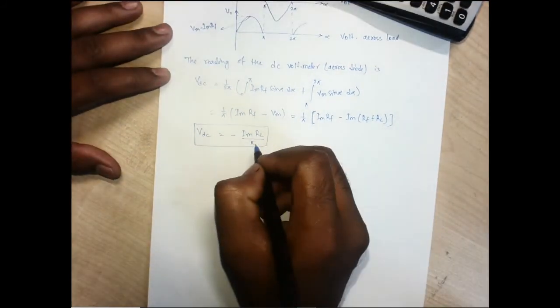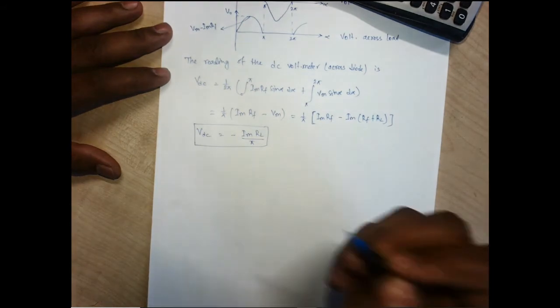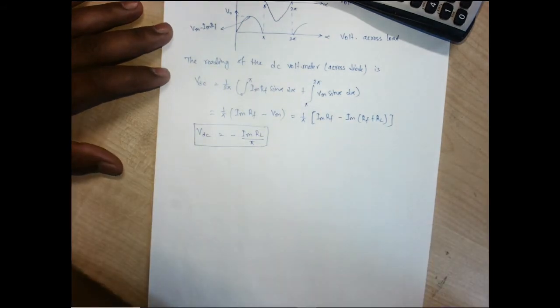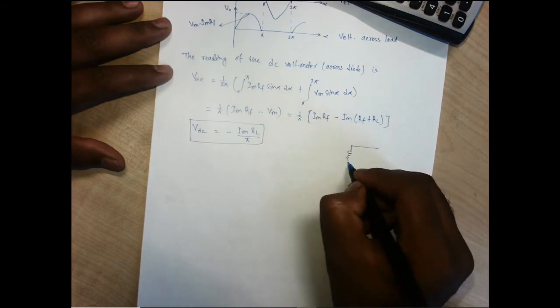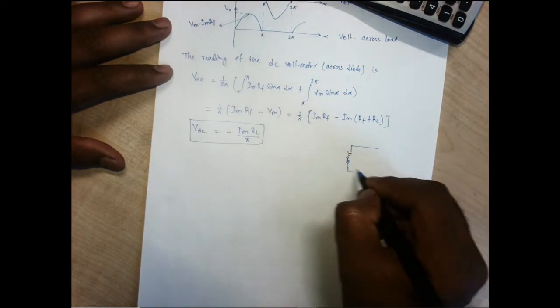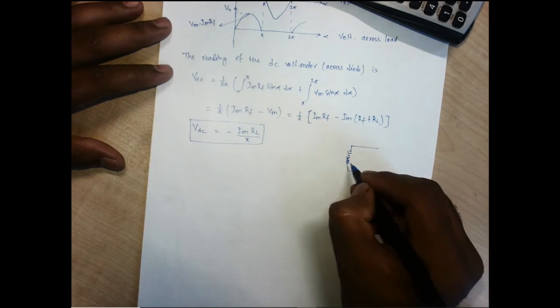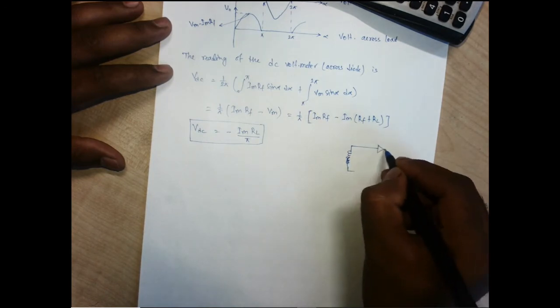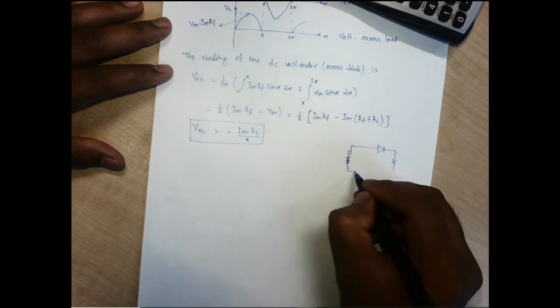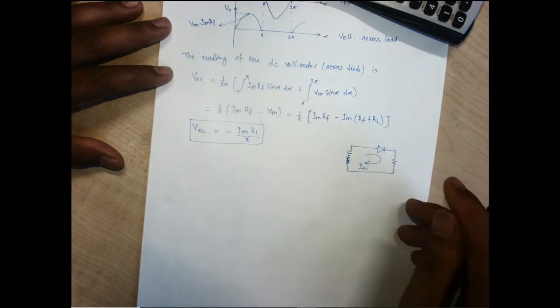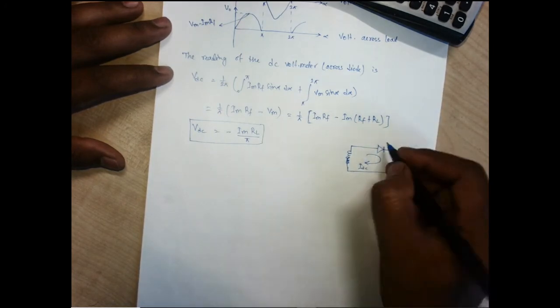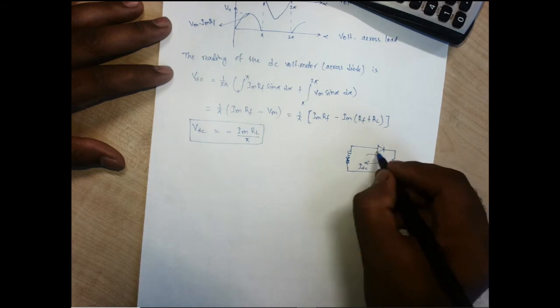So a question will arise: why is this VDC across the diode negative? That is the thing. If we have the current IDC flowing in our circuit, the circuit is like this. This is our secondary winding, we have the diode and we have the RL. Let us consider this is our IDC. So we are supposed to have the voltage drop across this diode.